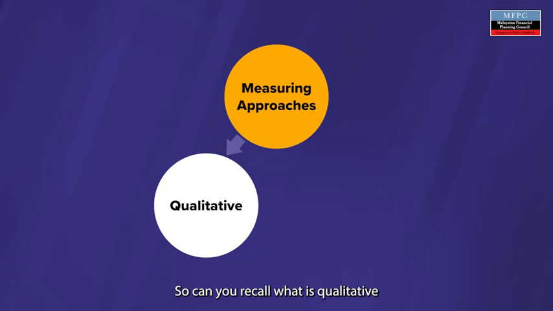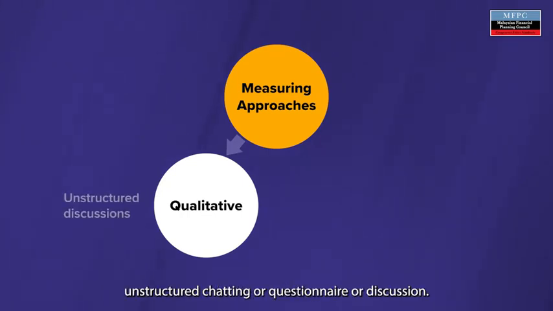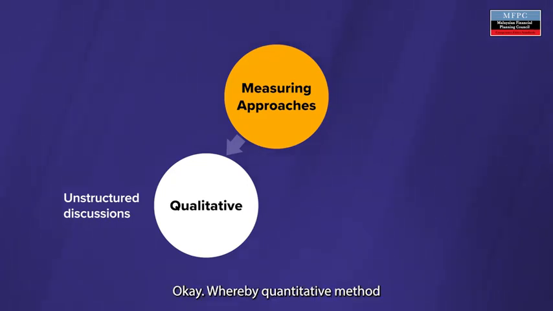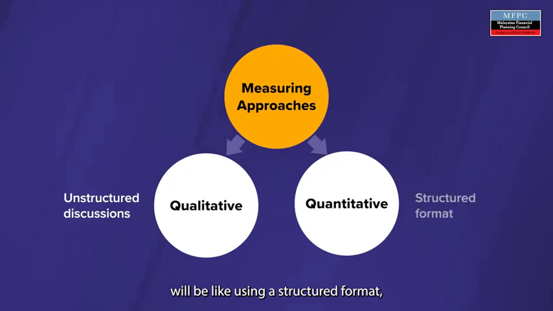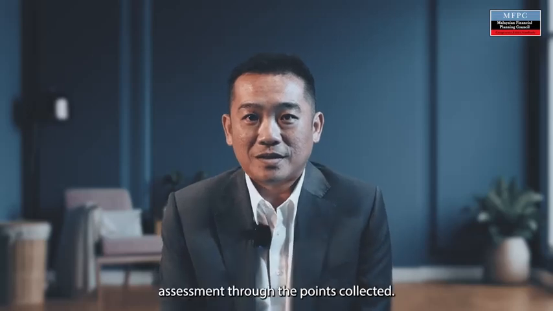Can you recall what qualitative information collection is? It is through unstructured chatting, questionnaire, or discussion. Whereas the quantitative method uses a structured format questionnaire or a test, and most of the time a value or a point is assigned to each and every question, and we make the assessment through the